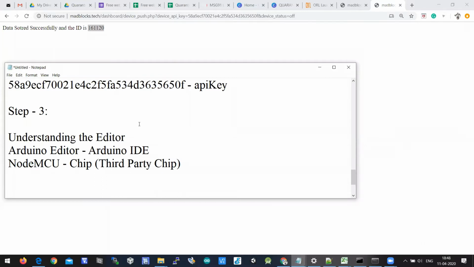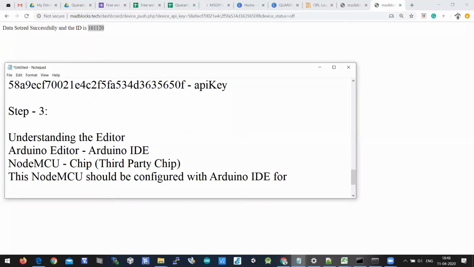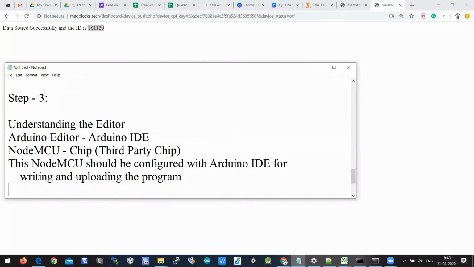This third-party chip, this NodeMCU, should be configured with the Arduino IDE for writing and uploading the program. By default you cannot see NodeMCU in the Arduino IDE. The Arduino IDE should be configured with NodeMCU, and only then can you see it.